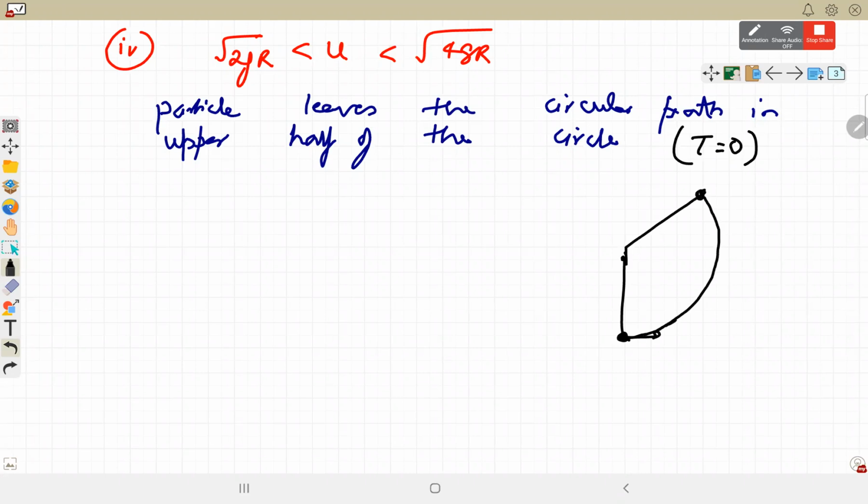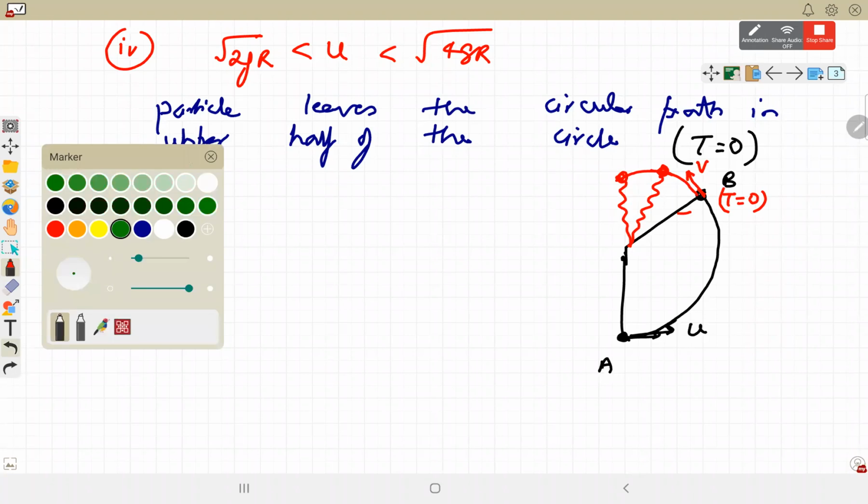So here, let's say from point A to point B, it has not lost all its kinetic energy. Its velocity is not becoming 0. But beyond this point, the particle cannot continue on the circular path because the string has become slack. Tension has become 0 just at point B. Velocity is there, so we cannot say that this is the maximum height, because